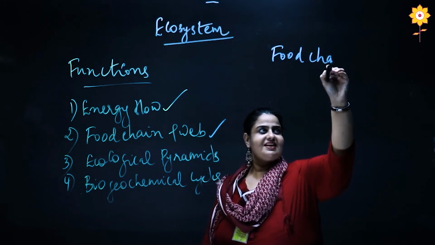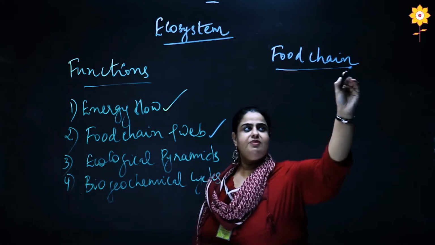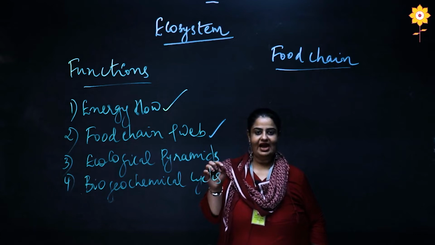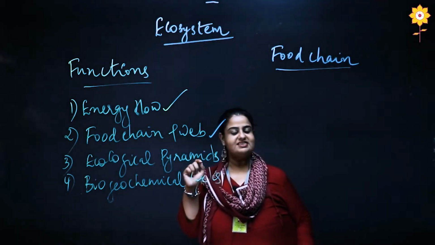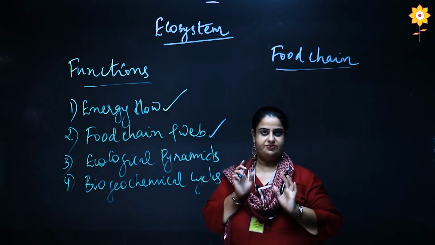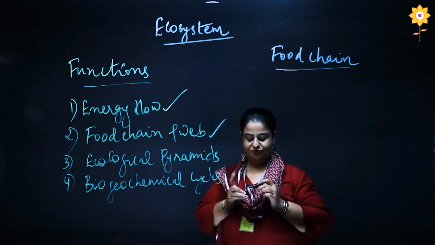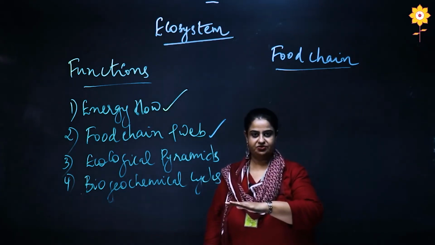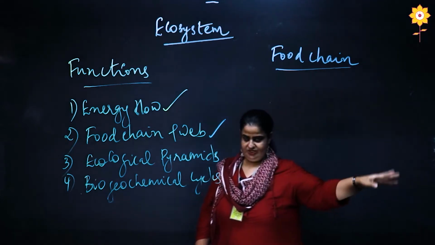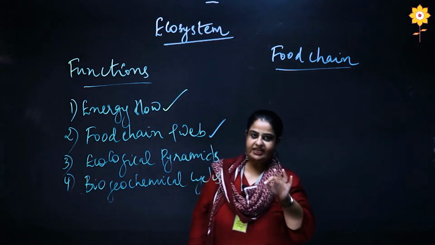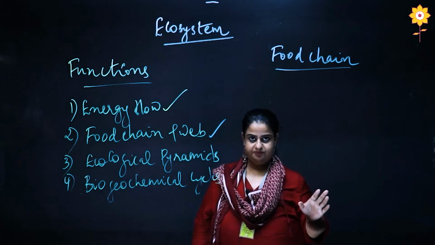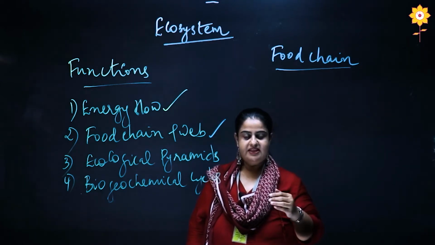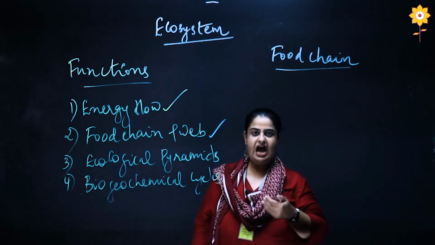Now these concepts are very much familiar to us, but I have to remind you, this is the basis of life on the biosphere. Okay. Now what is food chain? This is a process by which energy is transferred from one organism to the other by the process of eating and being eaten. The organisms that are getting eaten are the prey.